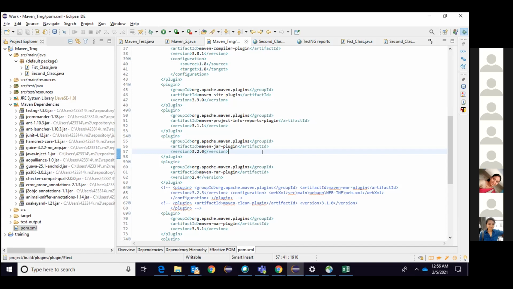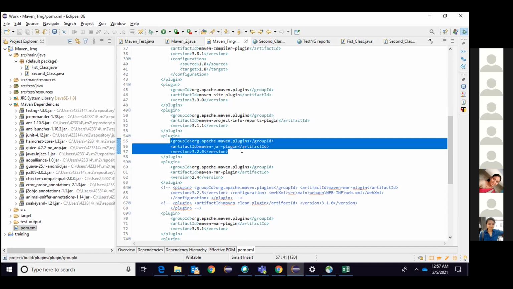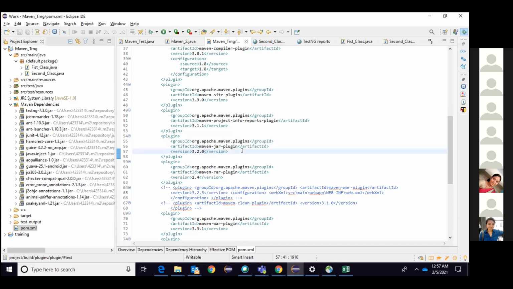So as Maulali rightly said, we have to be cautious. When it is a plugin, keep it in the plugin elements. If it is a dependency, keep it in the dependency elements so that it would be very clear to use. But still, Amala, I'll connect back with you on this docs, because we are implementing it in our project. Every time you used to ask for the tags and all the things, then only it will generate. But I used Ant at the time. So now Maven might be generating it with the help of this directly. So I'll just try to look at it. If I require any help, I'll call you back.